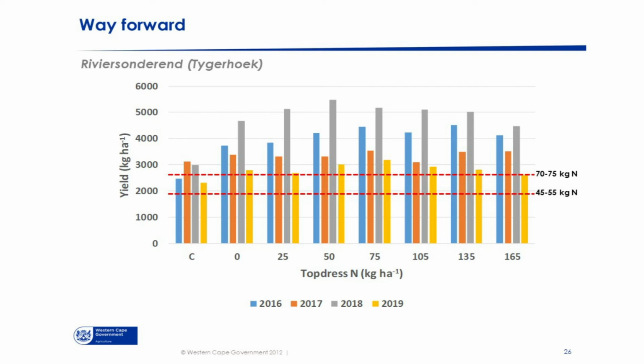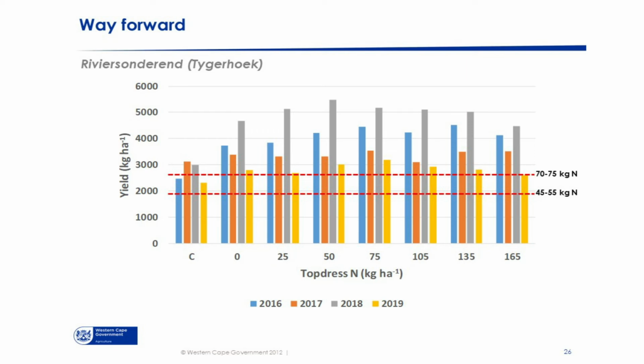Then the way forward. So we've got all these data sets available, what to do with that? One thing which is interesting, if I go back to the yield curves, and I look back at the tables that FERTASA gives us, they say if you want a yield potential of 1.9 tons per hectare in this area, 300 millimeters rainfall, which would be about 180 in-season rainfall, they recommend a 45 to 55 kilogram N per hectare rate, and that is what we achieved.